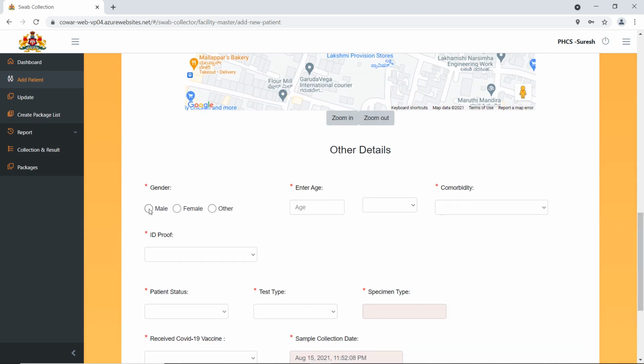Select whether the person is male, female or other. Enter his age. Select year. If he has any comorbidity, select yes. If no, please say no here and continue with entering his ID proof, whether it's an Aadhaar card or a ration ID card. Once you have entered the Aadhaar card number,